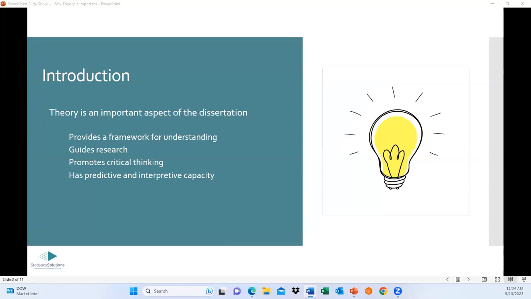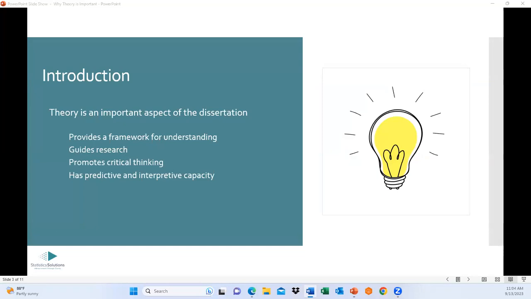For example, if you're looking at something like college student retention, you might look to some theories to get you started on how to approach the subject. You'll find something like engagement theory, which holds that students who are engaged in the academic community, who are engaged with college, don't leave. They are retained. So it can help you get started and guide you on where to look, what to investigate, and what to ask.